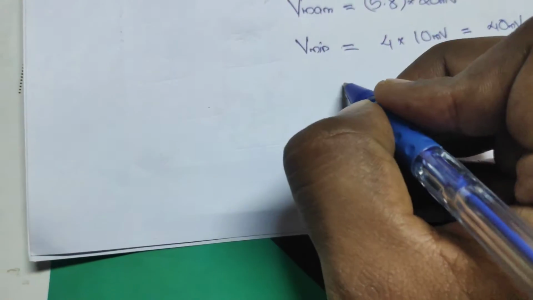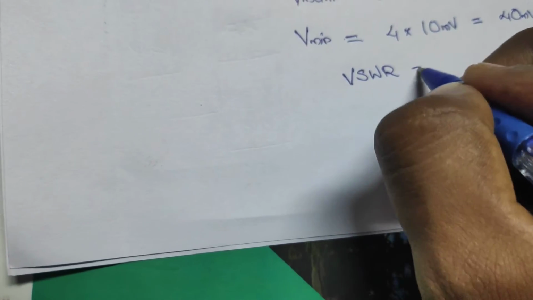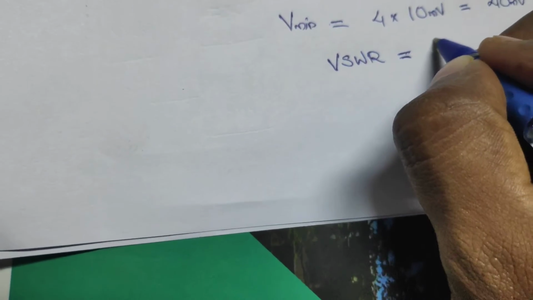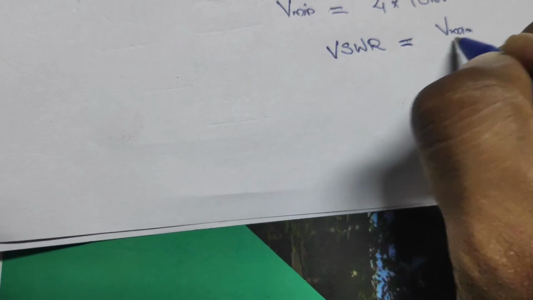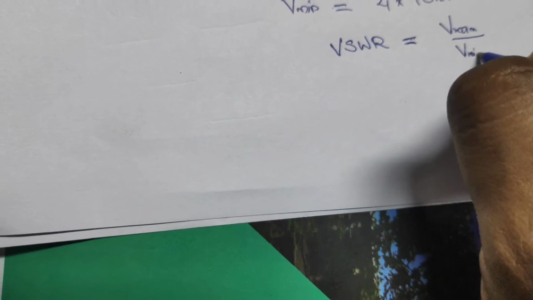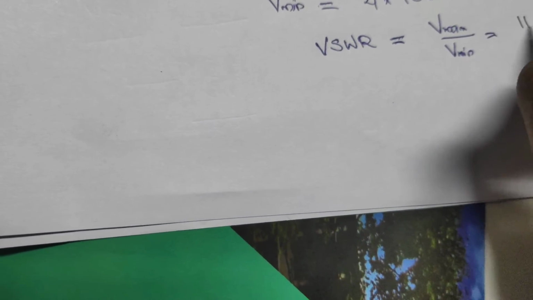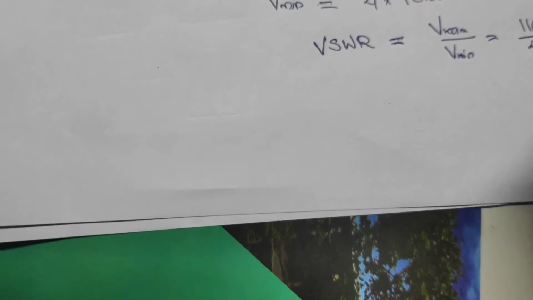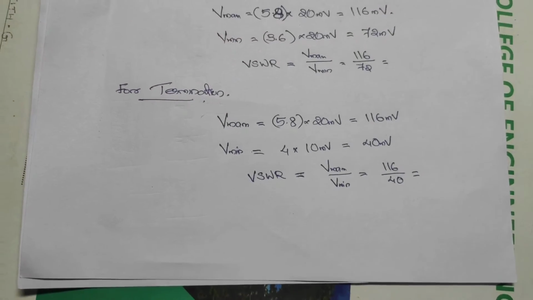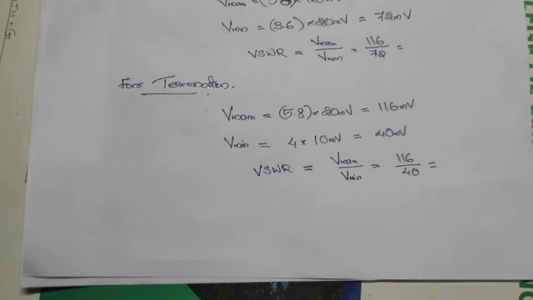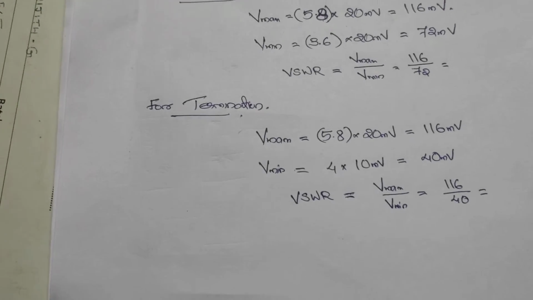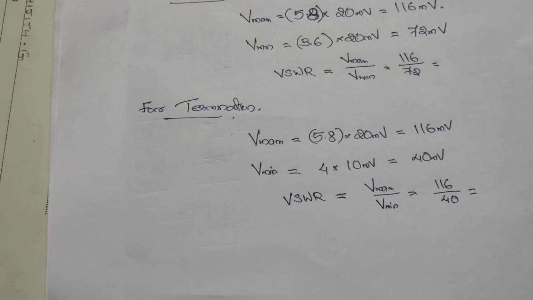This will be the VSWR of this matched, normal termination or unknown load: Vmax by Vmin, which is 116 divided by 40. You can find that. From this VSWR or reflection coefficient, we can find the unknown impedance or the normalized impedance